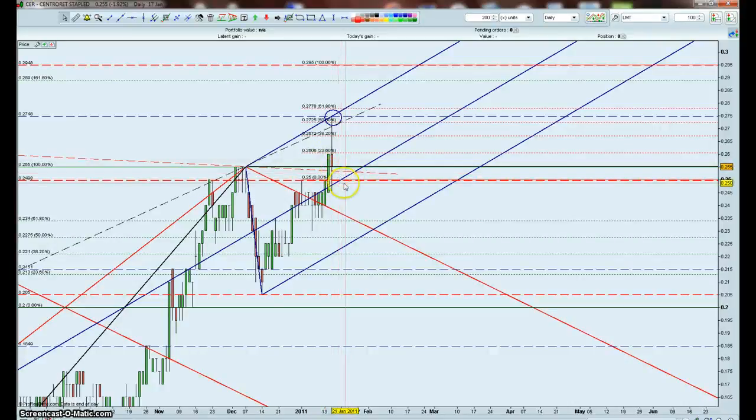If it holds that, and I'm pretty confident that it probably will, then we can anticipate it moving back up to the top blue tine again. If it were to break down from there, then it may want to come back and back test the red fork here. But honestly,